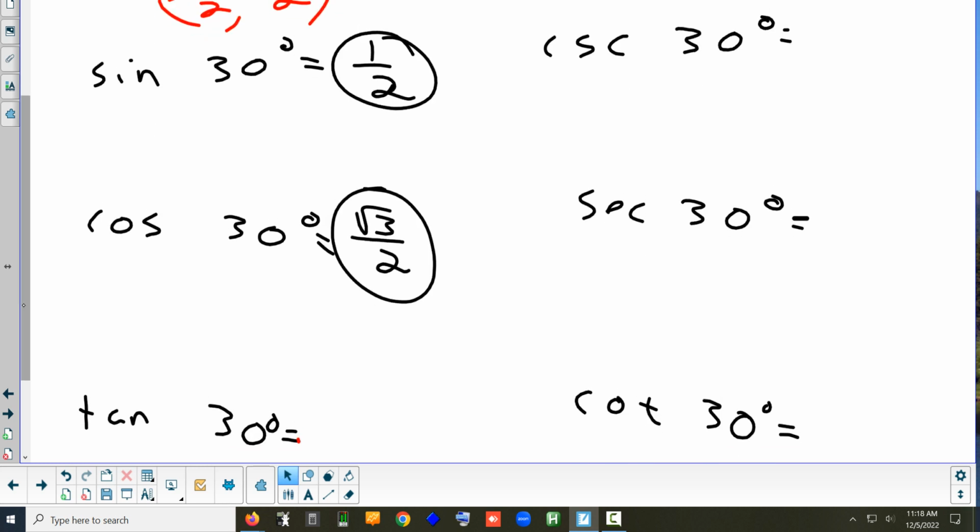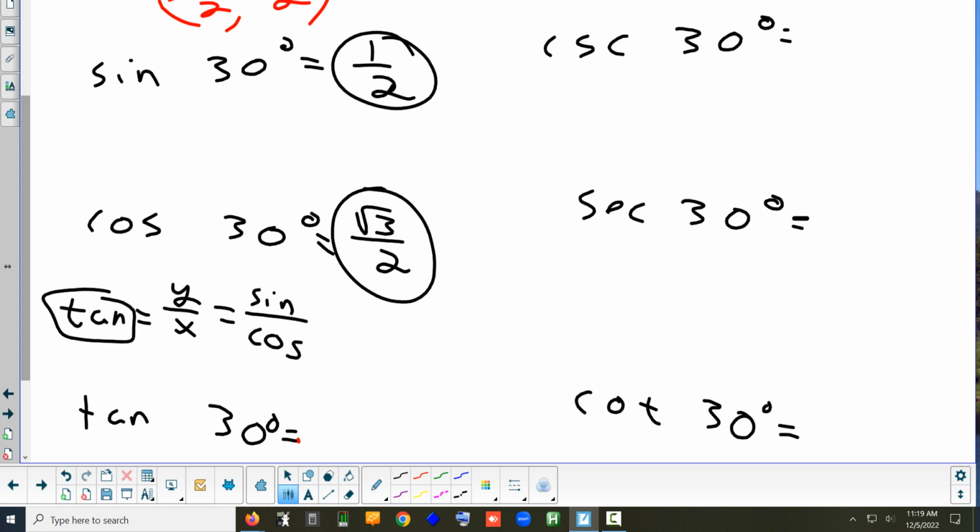And what's the formula for tangent again? Y over x. Tangent is y over x. And this actually kind of relates to the last thing we're going to do. But what's y? Well, in general, y is the what trig function? Sine. Yeah, sine. And x is the cosine. So really, tangent is sine over cosine. That's an example of an identity. The tangent is the sine over the cosine. So what I imagine here is just put a dotted line right there and divide the sine by the cosine,